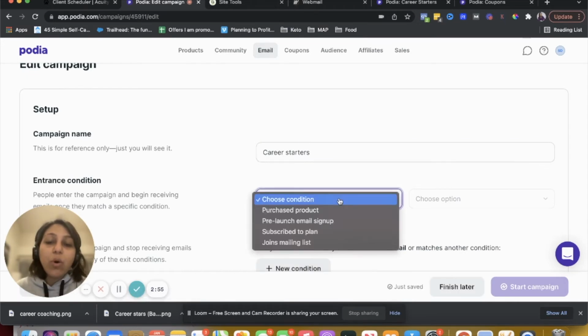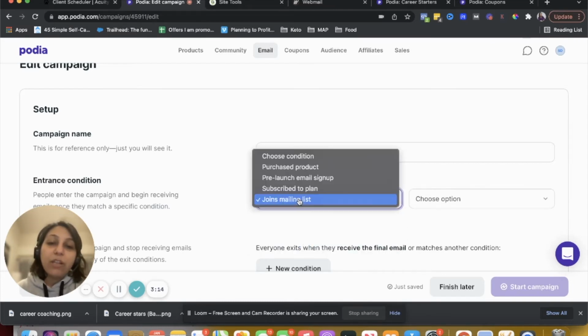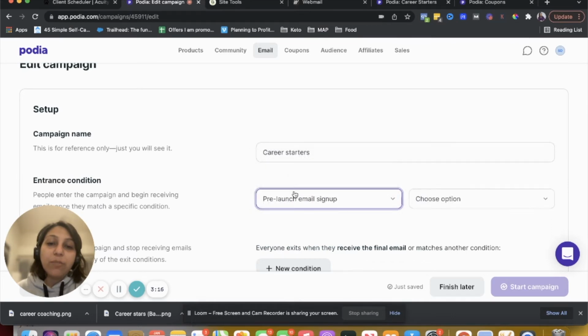So if you want someone to enter into this campaign, you have to basically set up conditions. So when will they enter into this campaign? When they purchase a product, when they subscribe to a plan. A plan is basically a community, or when they join the mailing list. So I'll just say purchase product,